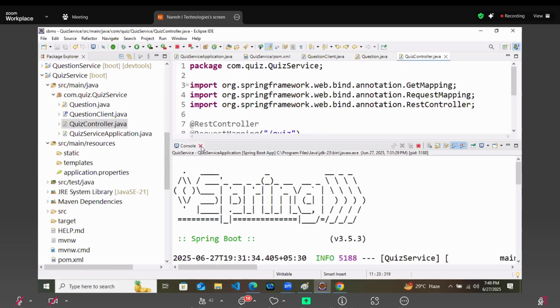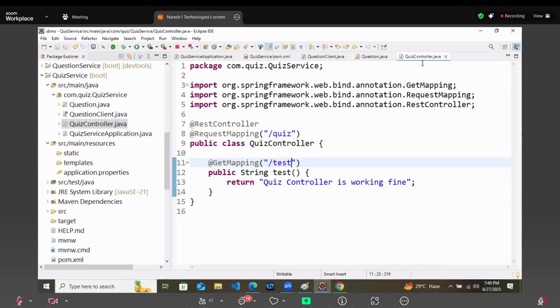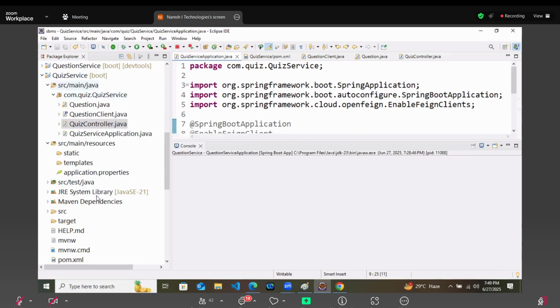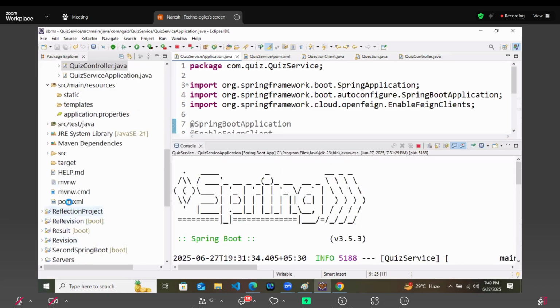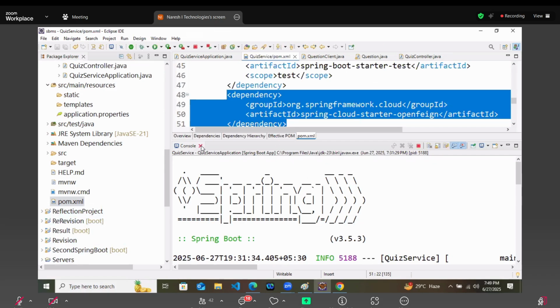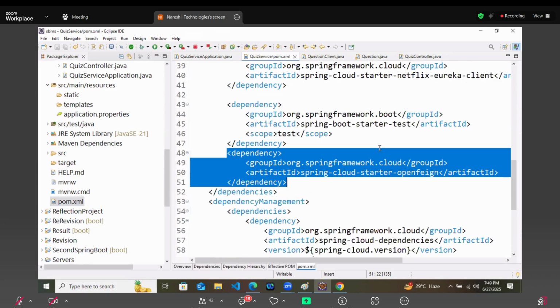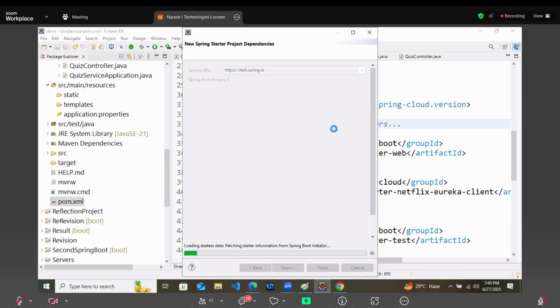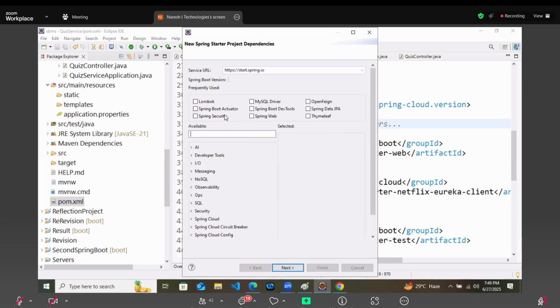Okay, so we are not using Spring Boot DevTools here. So we have to restart our quiz service application. So go to pom.xml first, and we are not using DevTools in this, so we'll just add Spring Boot DevTools so that we are not restarting every time.